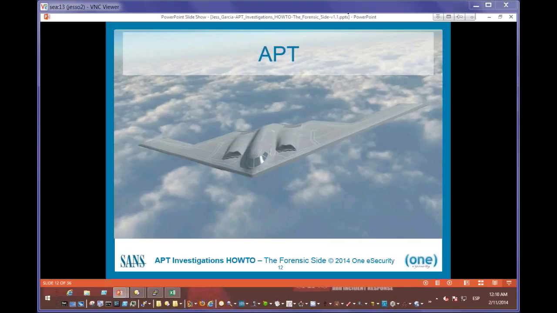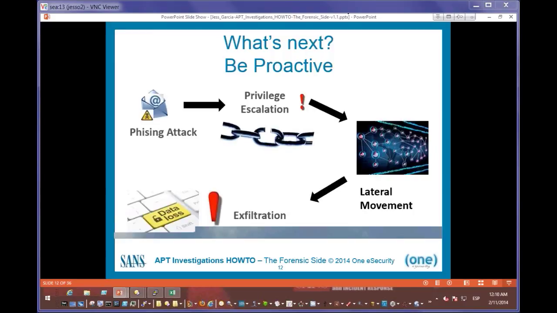what may be the mechanism, or the X-rays, of an APT attack. Most of the APT attacks, or let's say a lot of them, have the kind of structure that you are seeing on the screen right now. There's going to be a phishing attack. The attackers are going to be sending some type of malicious email or